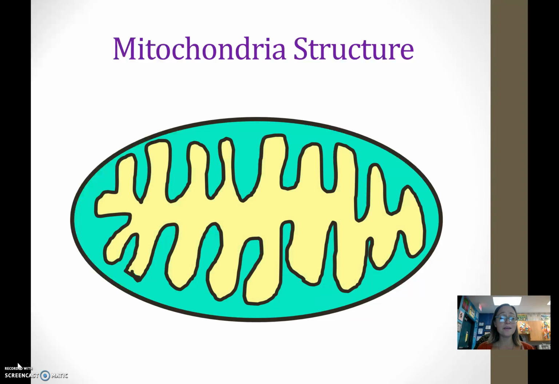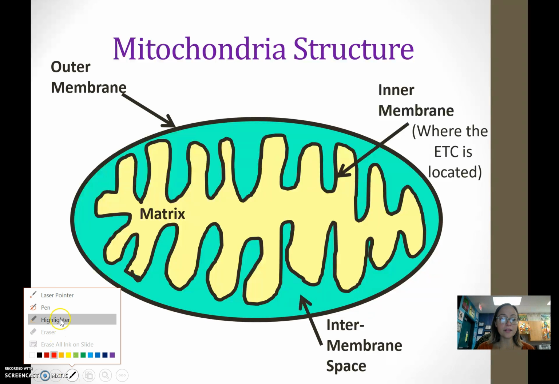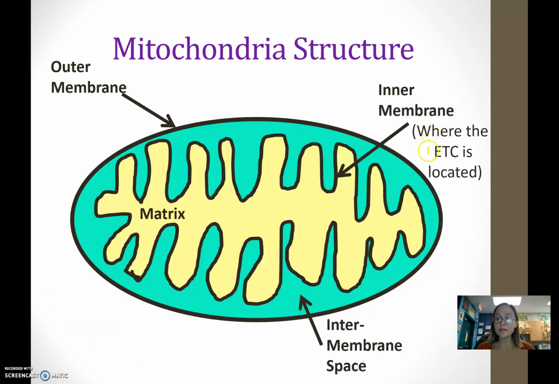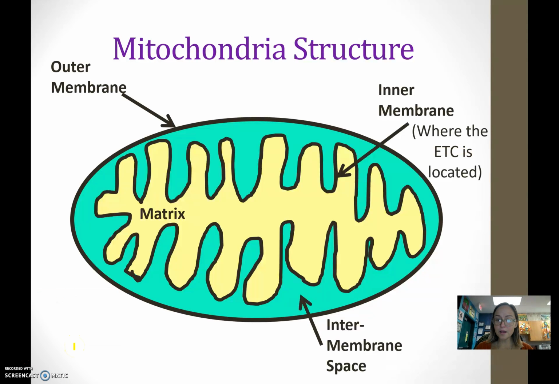Now inside of that inner membrane, we call that area the matrix. This space, that's a bluish green color, is the intermembrane space. Here's our inner membrane and our outer membrane. It's important to note that the inner membrane is where the electron transport chain is located. And in the matrix is where the citric acid or Krebs cycle